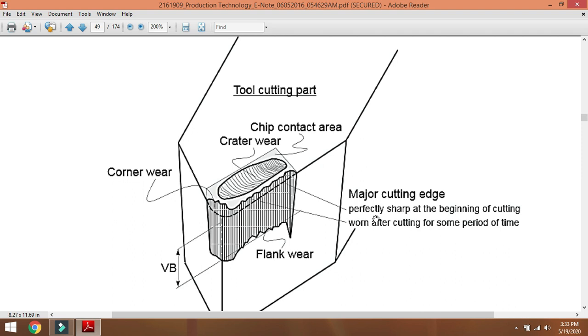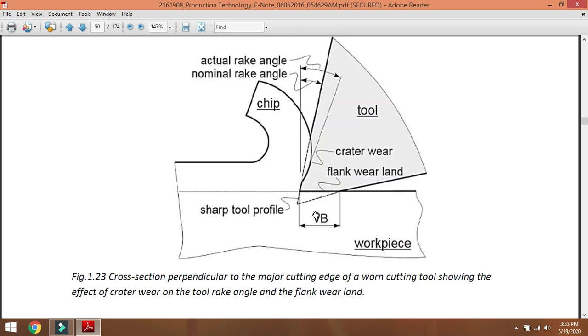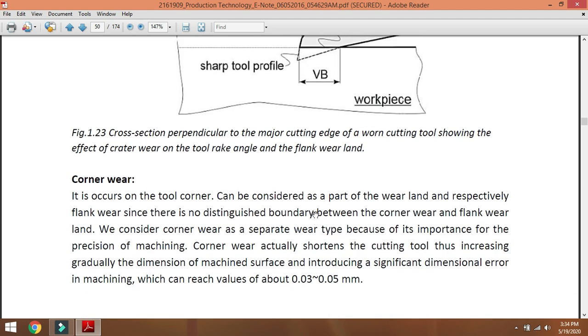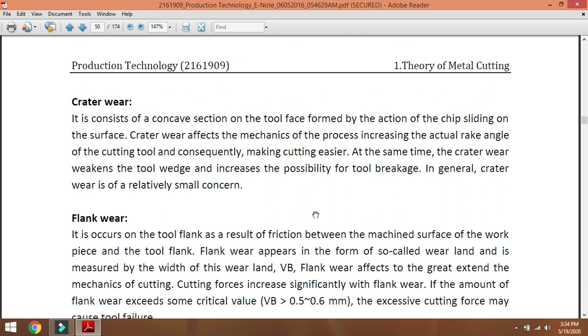What is flank wear first, and where does it occur? Flank wear produces wear lands on the side and end of the flanks of the tool, on account of the rubbing action of the machined surfaces. In the beginning, the tool is sharp and the wear land on the flank has zero width. Very soon the wear land develops, as you observe in the above figure.